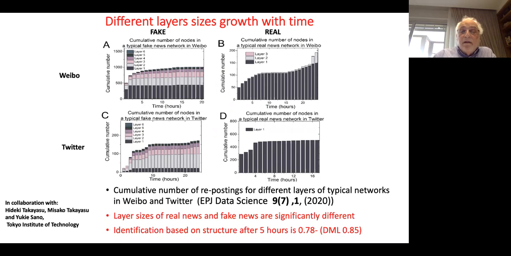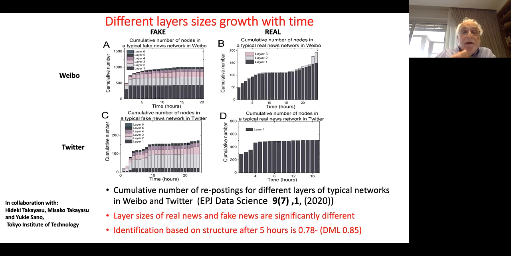So we look at this, and this paper was published in EPJ Data Science, and we analyze these layers. What we can say is that even if we look after only 5 hours, you can see already the pattern of the difference. Here we see after 5 hours several layers. However, here in 5 hours, you see only 1 or 2 or 3 layers, not more. So the identification based on structure after 5 hours is 0.78. It means